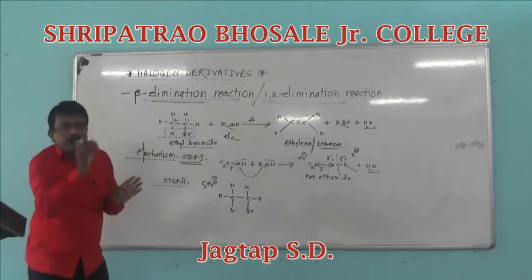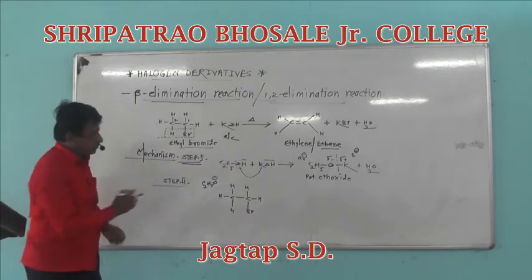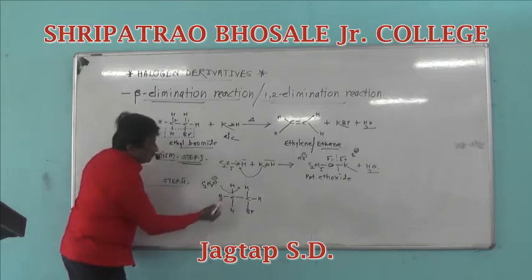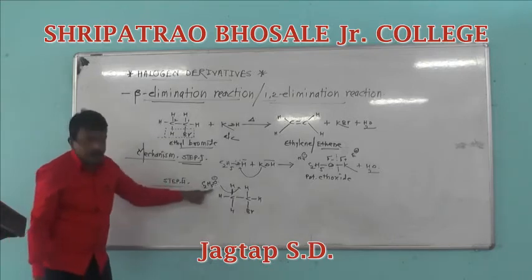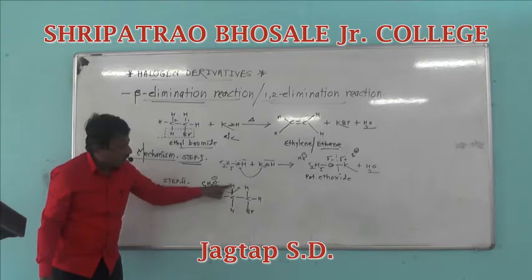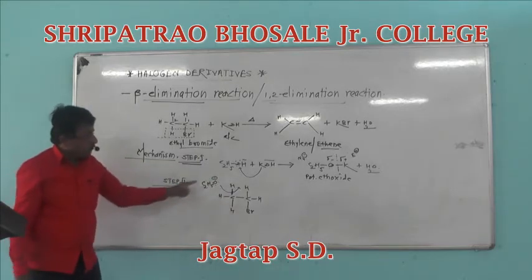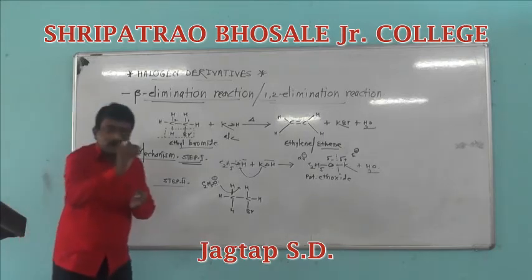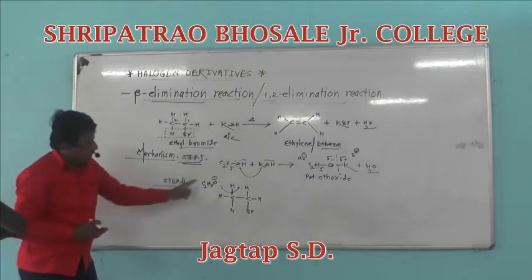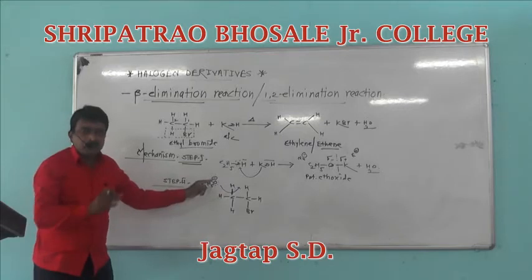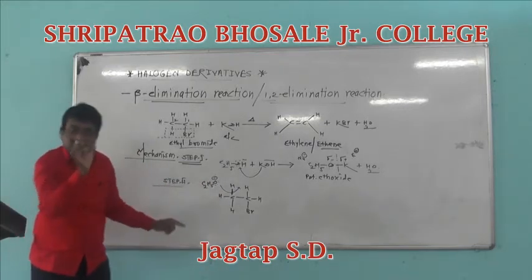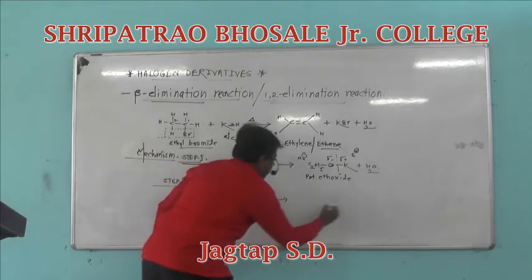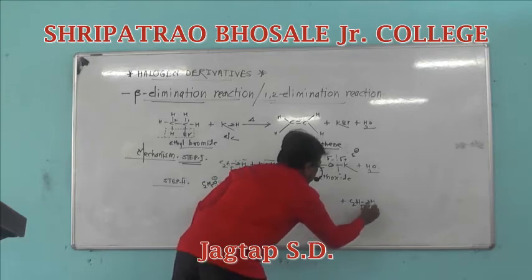The nucleophile C2H5O minus, that is the ethoxy group, attacks the covalent bond between C and H. We know nucleophiles are attracted towards an electron deficient center, that is, towards an electrophile. If it attacks the covalent bond between C and H, it abstracts a proton, that is H plus, towards itself and eliminates in the form of ethyl alcohol.